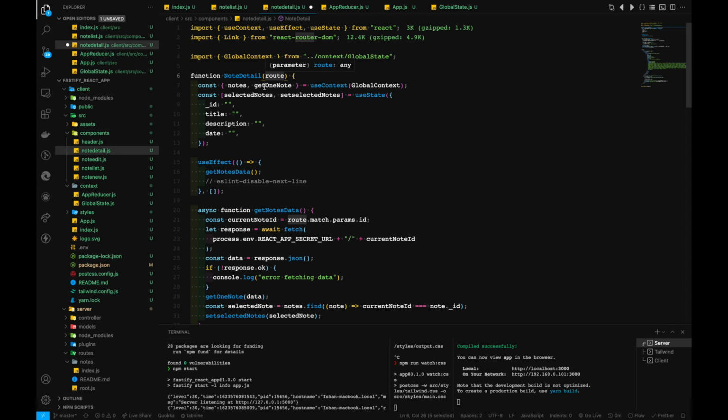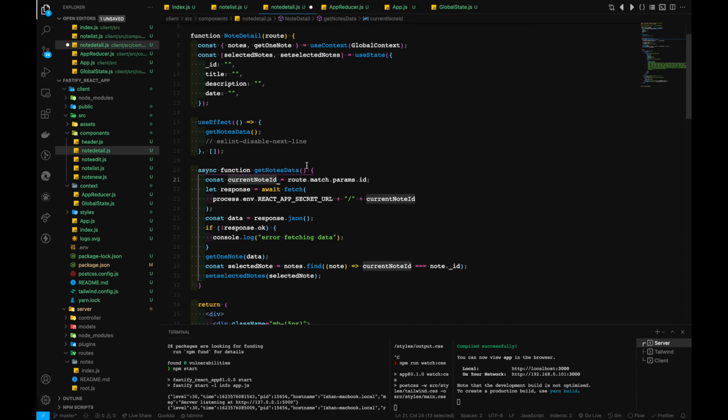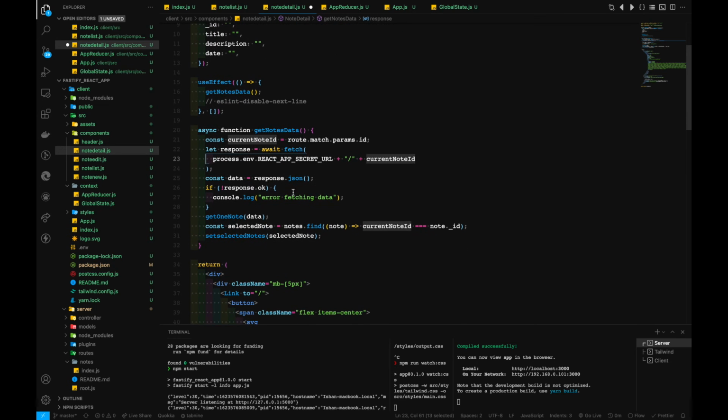And from the route, match.params.id, we are getting the current node ID, which is the ID that we have clicked. After taking that one, we are concatenating it to our base URL and getting the data. If the response is not okay, with the exclamation sign at the front, then we are throwing out an error. If it's okay, then